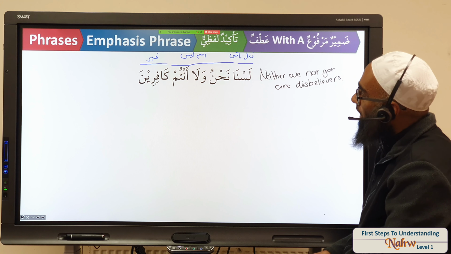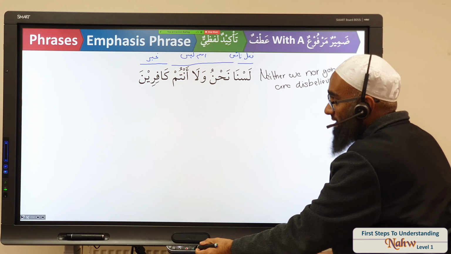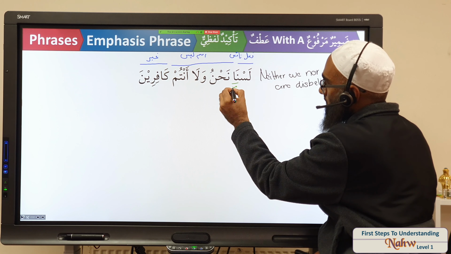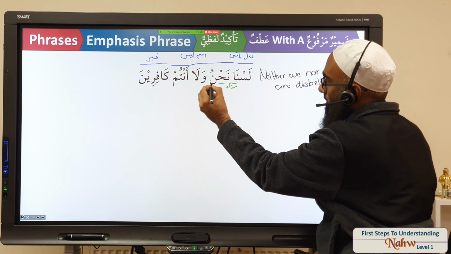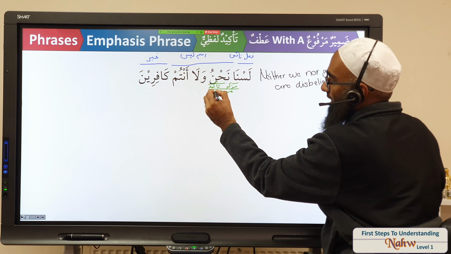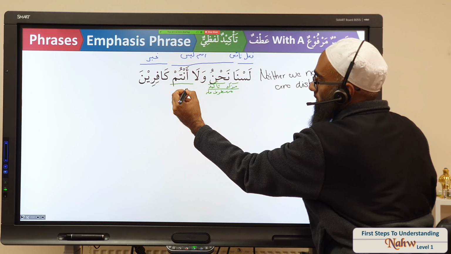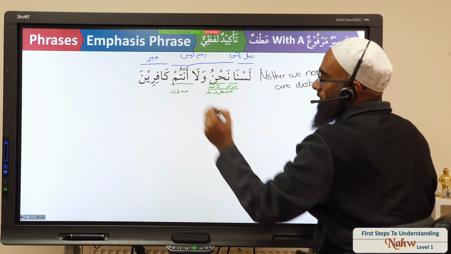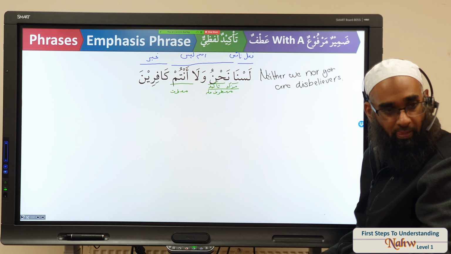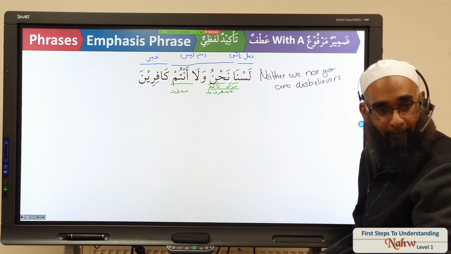Now, let's break the ism of laysa up. How would we do the ism of laysa? What's mu'akkad? The na is mu'akkad. Nahnu becomes, very good, a mu'akkad ta'keed, becomes ma'tuf alayh. And then the antum becomes ma'tuf. Do you understand? So the nahnu is there just to make it